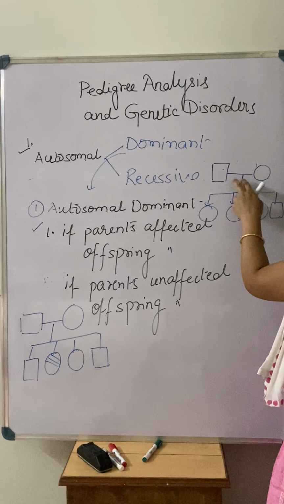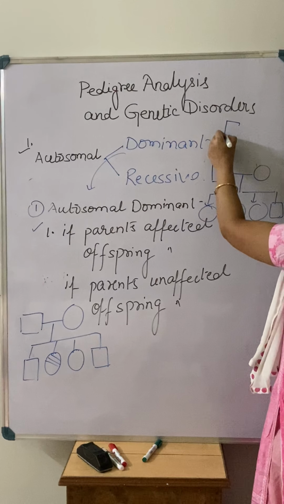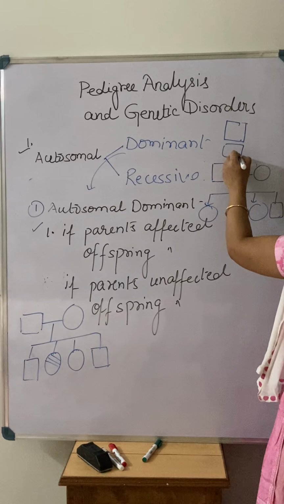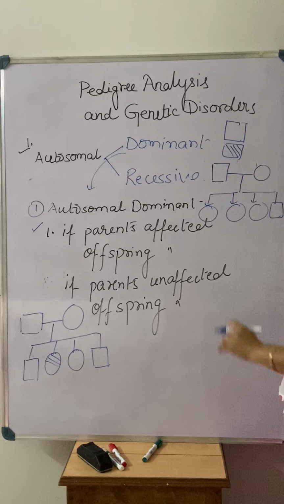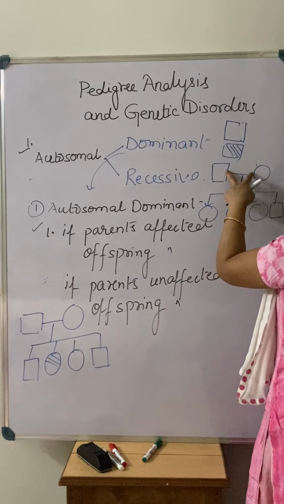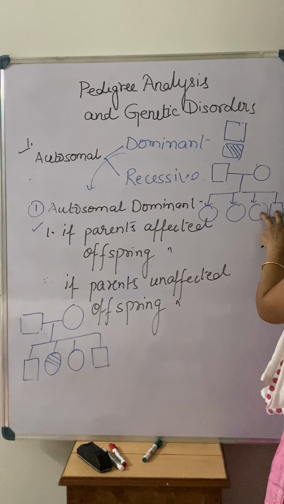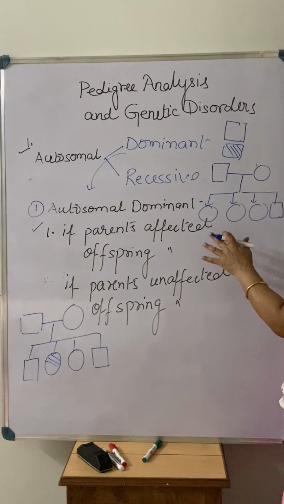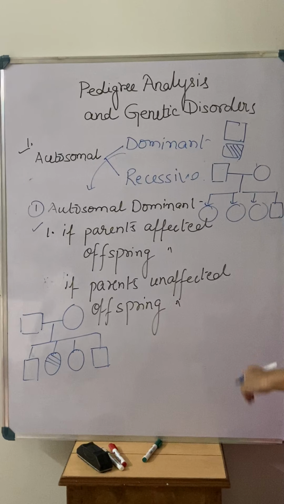Because now you can see over here, and in the previous model I have told you, if the circle is without any dark color, or there is no line, it means this is showing a healthy individual. When two healthy individuals are fused, the offspring is also healthy. Here you can see in the offspring I have not drawn any dark circle, I have not drawn any lines inside the circle or in the square.